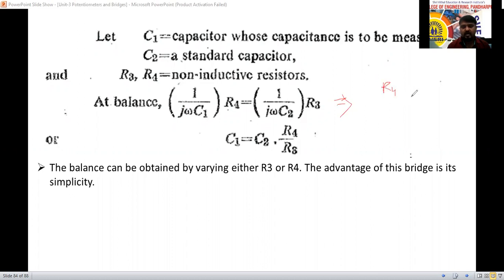R4 divided by j omega C1 equal to R3 divided by j omega C2. Here the j omega on both sides we can cancel. There is no addition term and all the things. Only, like the equation I told you, x by 4a